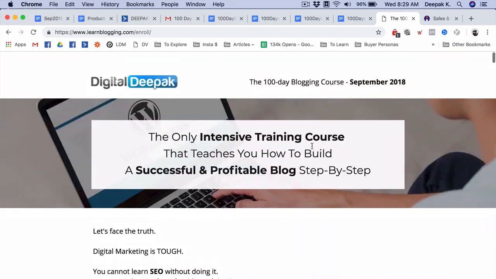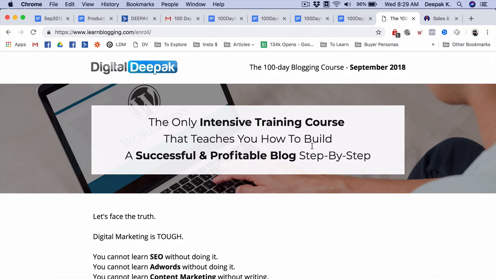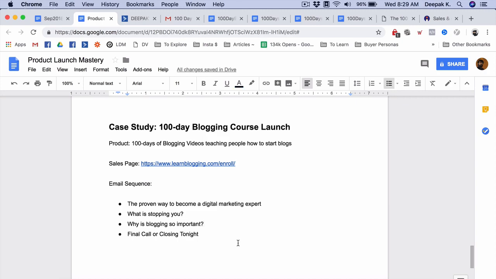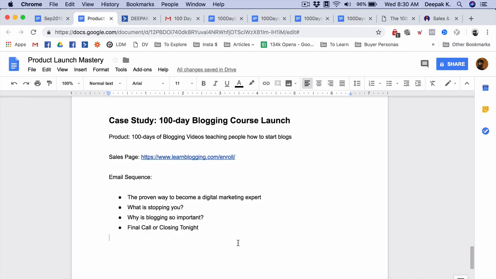Creating this sales page and driving traffic to it is not going to be enough to get the maximum amount of sales, because people do not just convert with one pitch. So we have also created an email sequence. Here you can see the 4-part email sequence that we created when we did the launch for the first time. Now when we do product launches, we have a longer email sequence, sometimes 6 or 7 emails as well. But these 4 emails were more than enough for the first launch of the 100-day blogging course, and we were able to 5x our revenue because we followed this launch sequence.